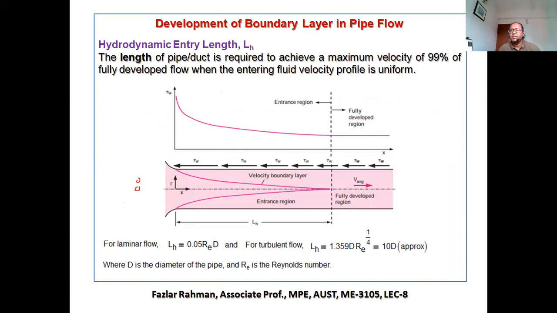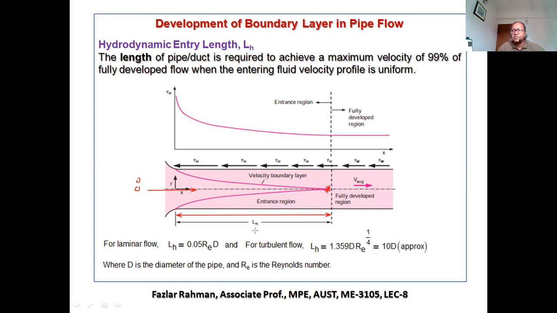So when it reaches 99%, say right over here, the fluid enters with some velocity, and right over here this fluid particle is traveling at 99% of the free stream velocity. Then this length from the entry point to the point where velocity developed 99% of the fully developed flow, that thickness is called